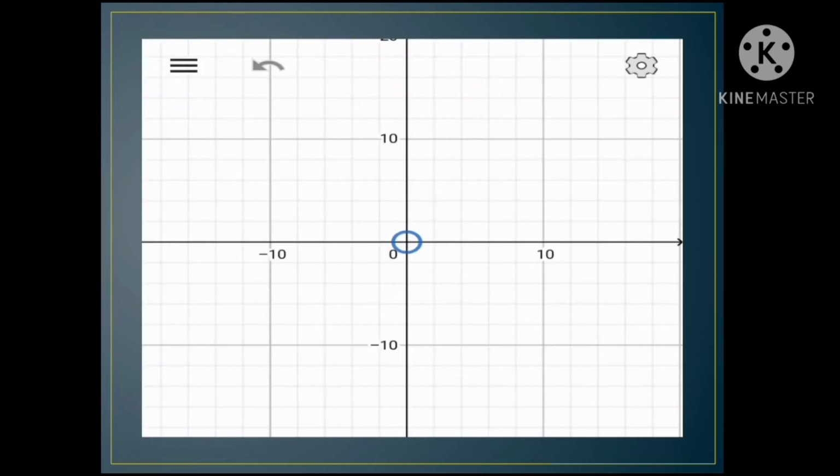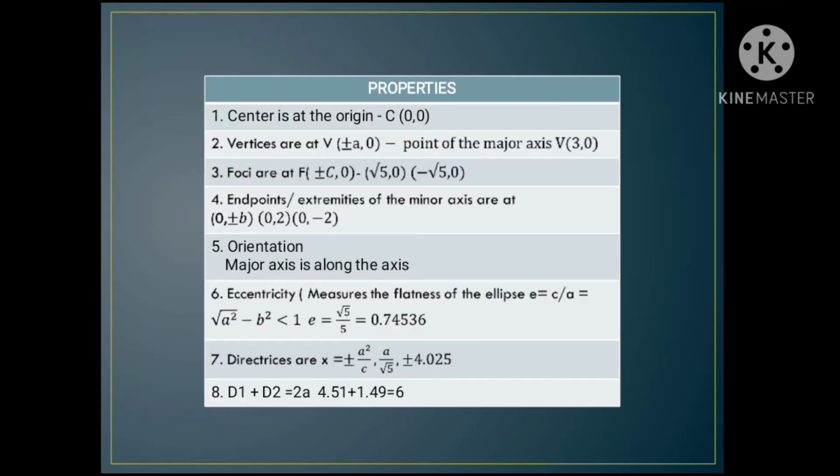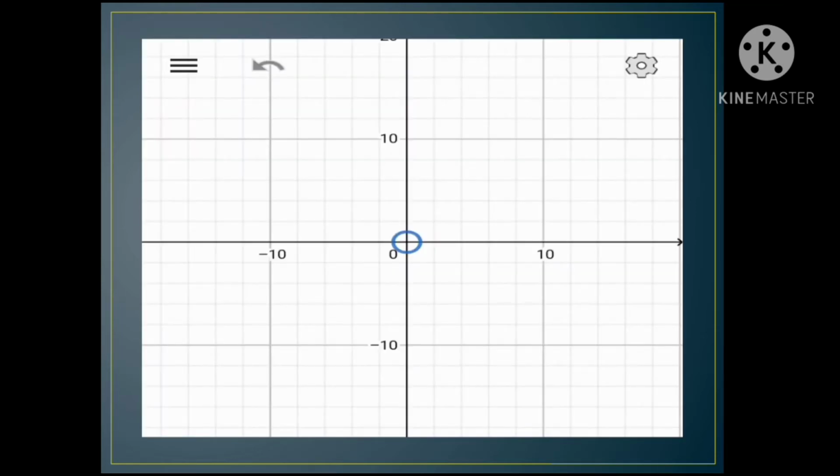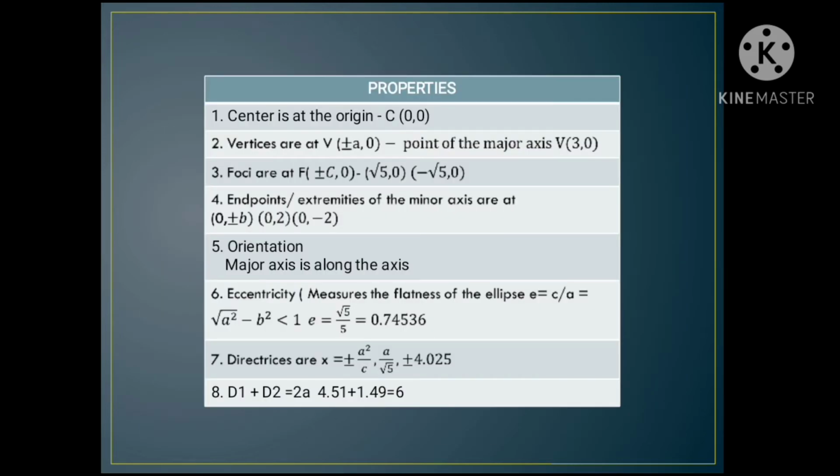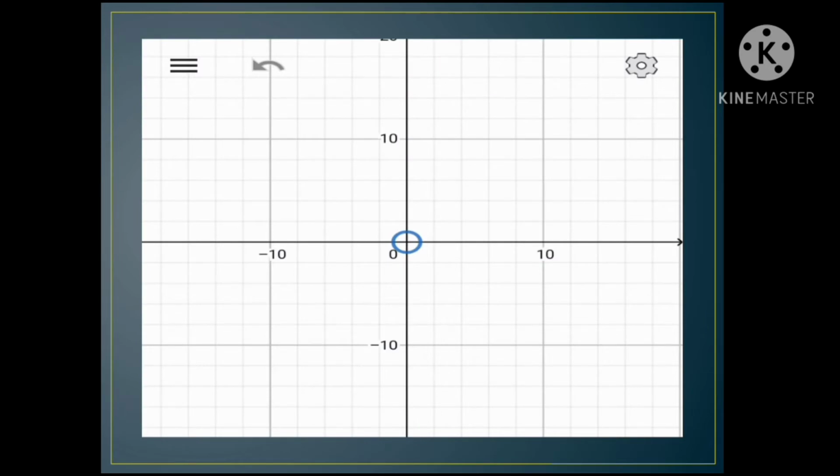So now let's see the graph of those properties. This is what it looks like. The graph looks like this because the center is at the origin. Then the vertices